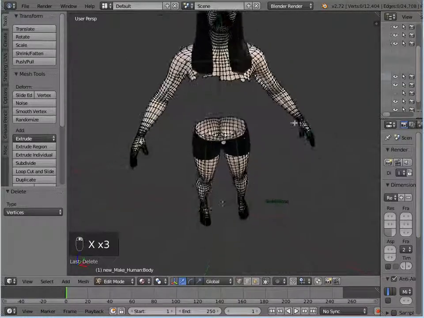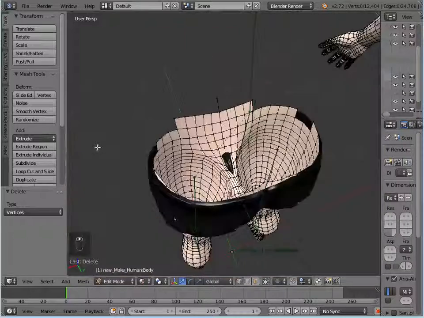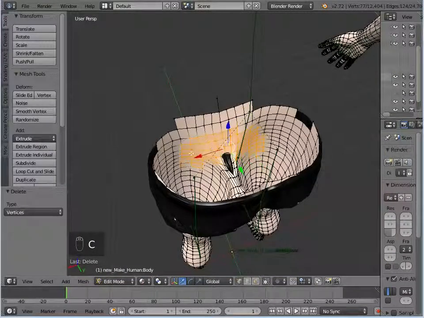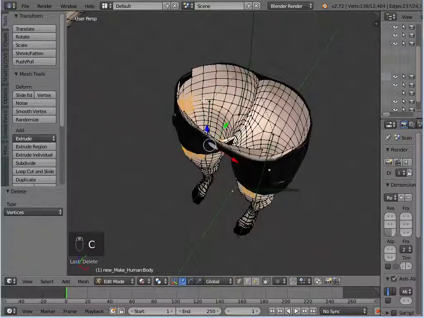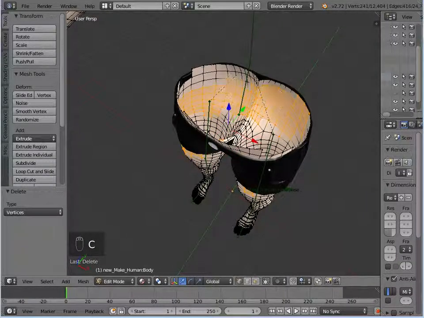Alright, and same thing in here. This is just for demonstration purposes,